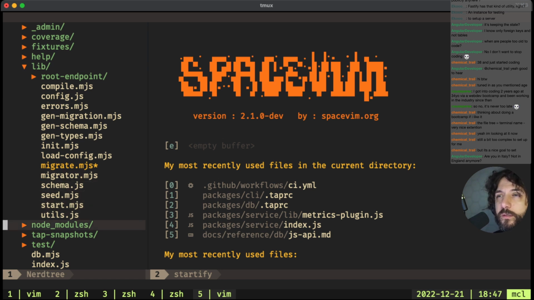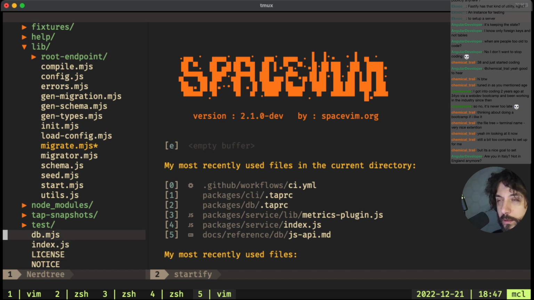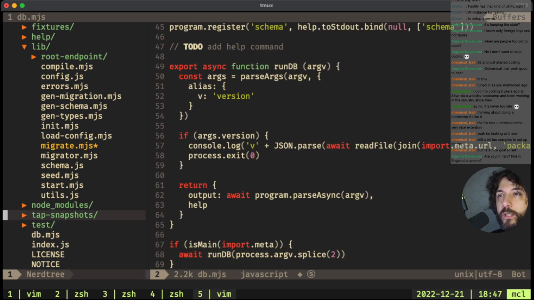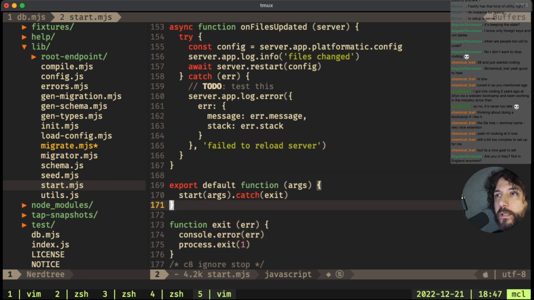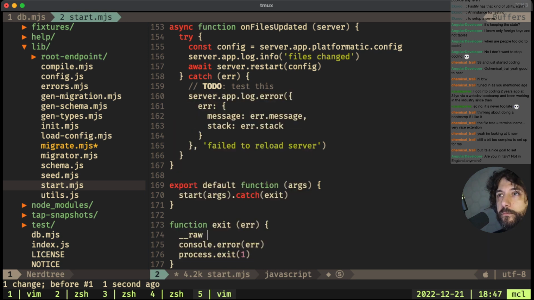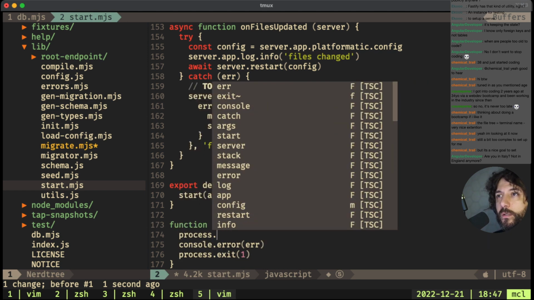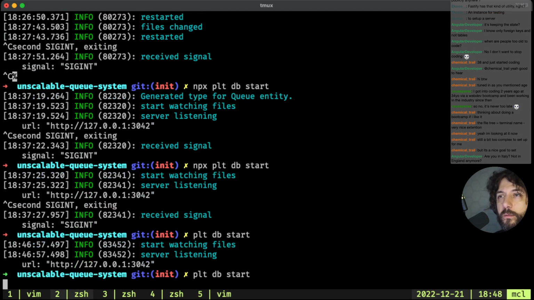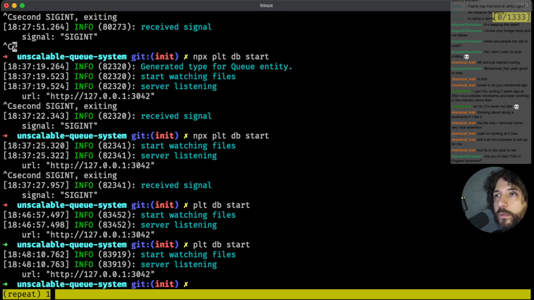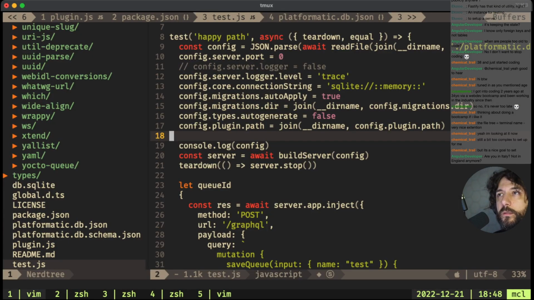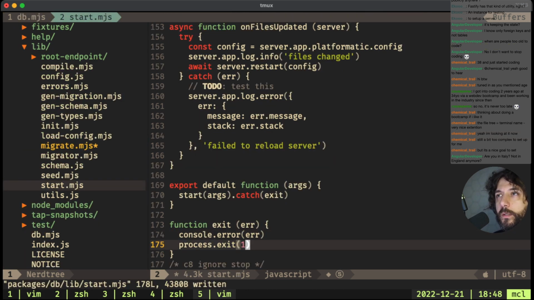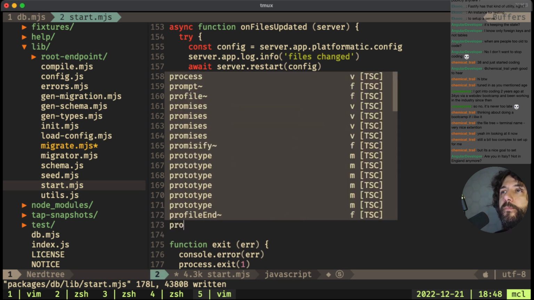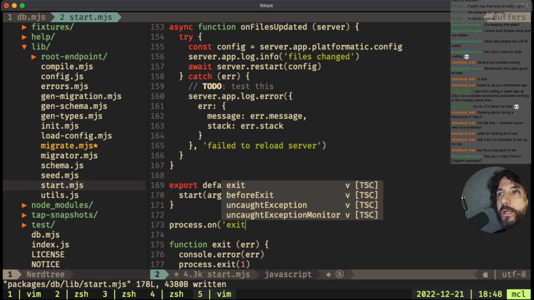So it's not starting. So here is calling start, and process debug. Who is not even passing here? What the heck? Process on exit.